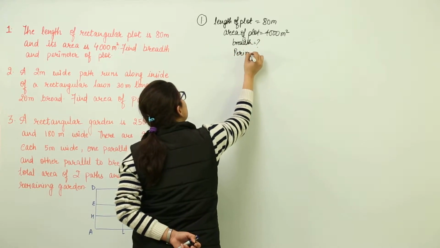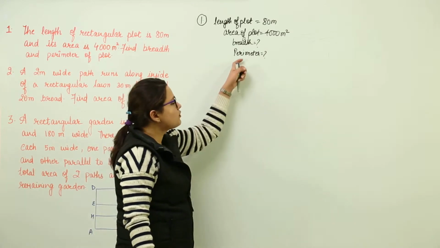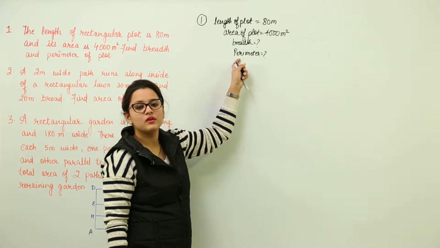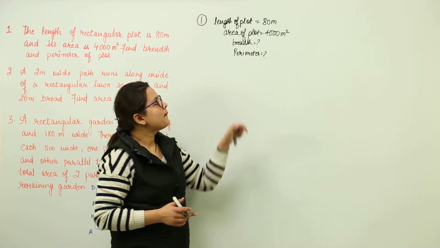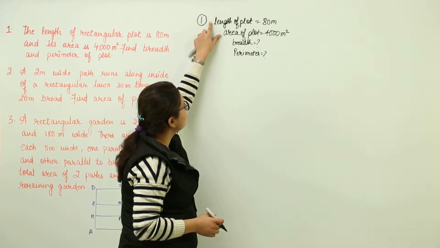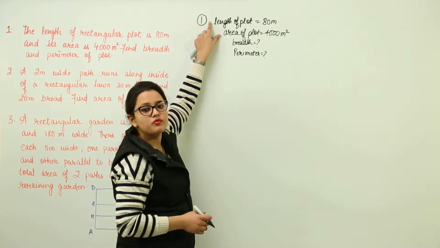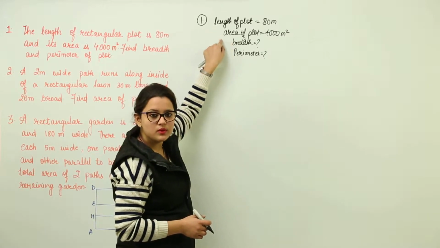So do we have any formula known for both the unknown quantities? We know the formula for perimeter, but we are not aware of any formula for breadth. Then what should we do? Nothing, but you can just compare that all these three quantities, all the given data, can be used to find out the unknown quantity. Do we have any relation between them?